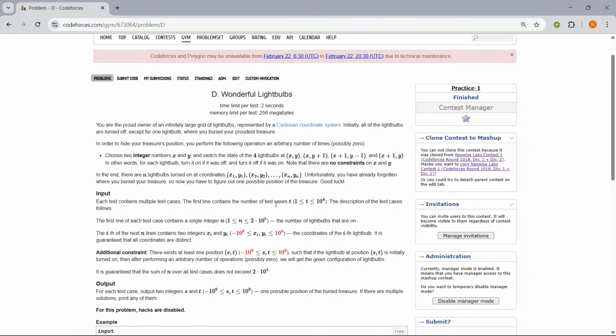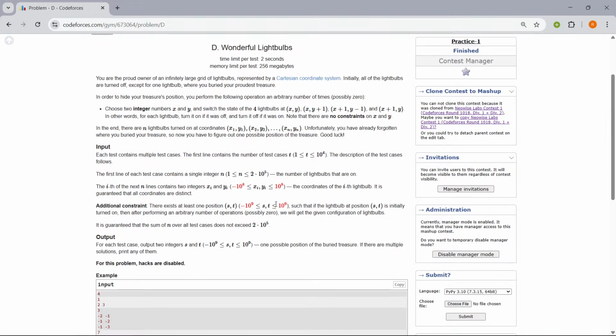In diagonals, we'll take the sum of coordinates x plus y. The 4 points have sums x plus y, x plus (y plus 1), x plus 1 plus y minus 1 which leads to x plus y only, and the fourth one is x plus 1 plus y, which leads to x plus y plus 1.